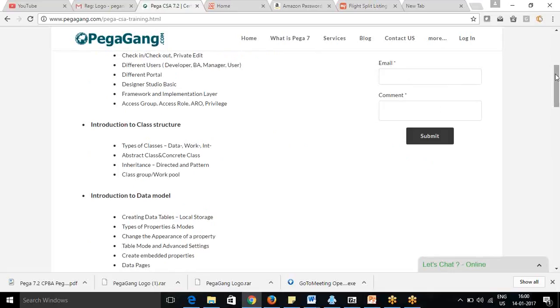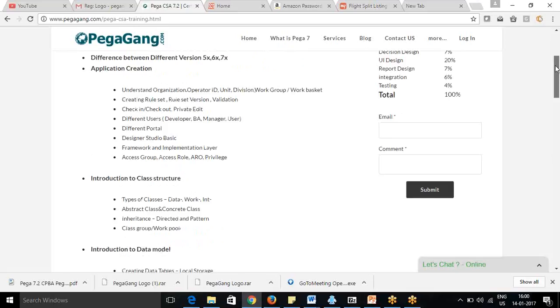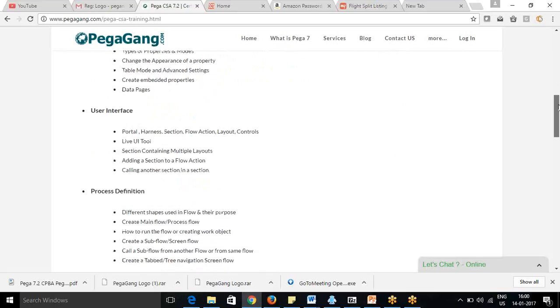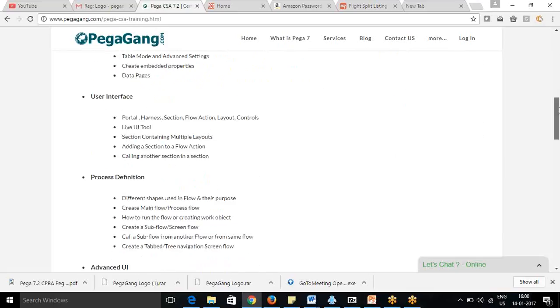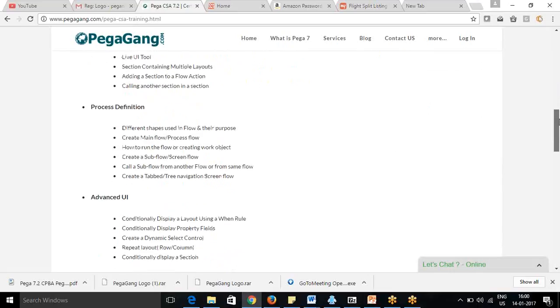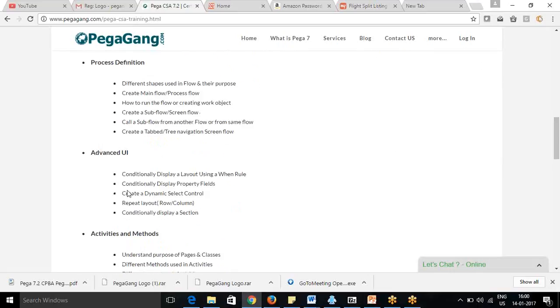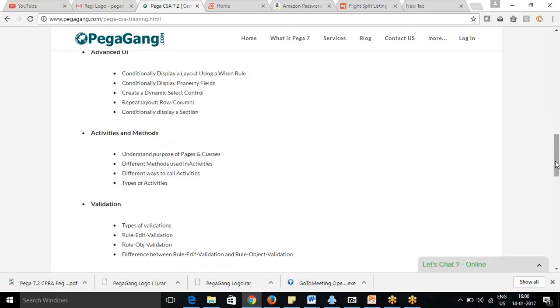Once you have done the initial building blocks, we can go for the UI, case, process, and some advanced UI concepts: the look and feel, dynamic events, visibility, disability, and conditions. All that we are going to cover in advanced UI. And then activities.